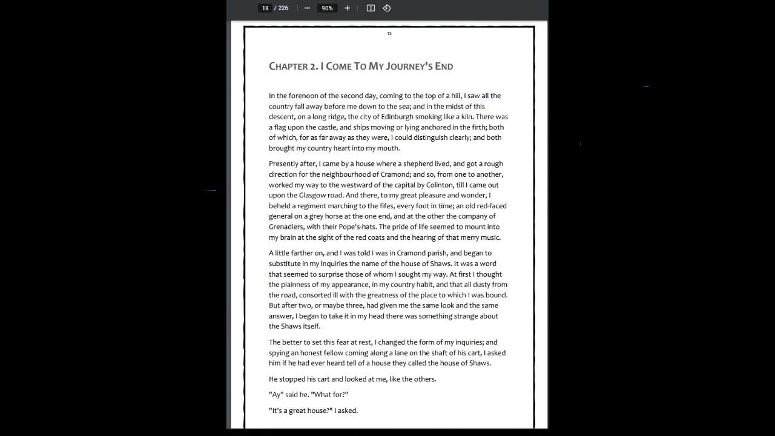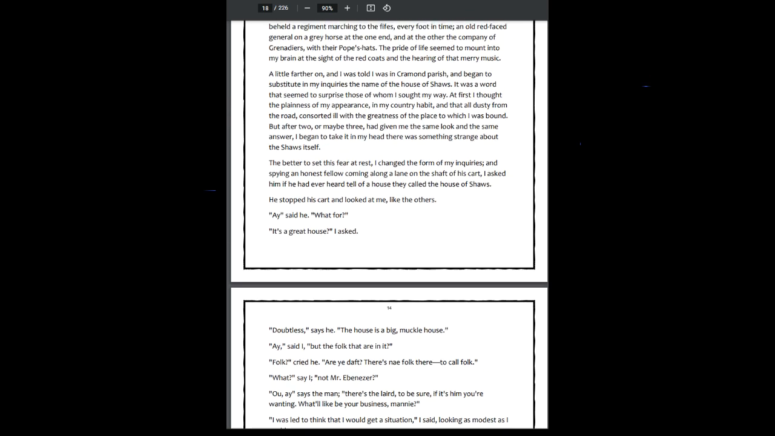Chapter 2. I come to my journey's end. In the forenoon on the second day, coming to the top of a hill, I saw all the country fall away before me down to the sea, and in the midst of this descent on a long ridge, the city of Edinburgh, smoking like a kiln. There was a flag upon the castle, and the ships moving or lying anchored in the surf,